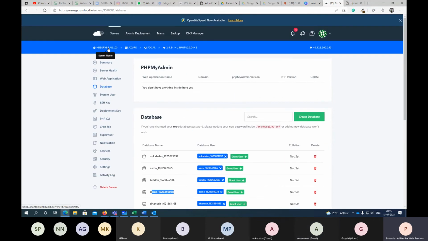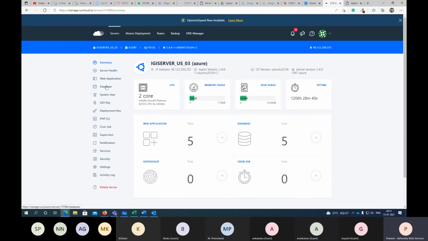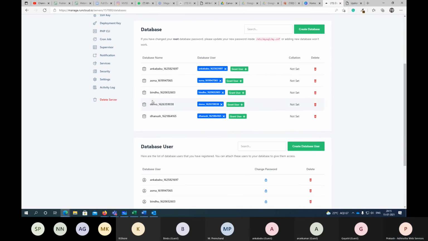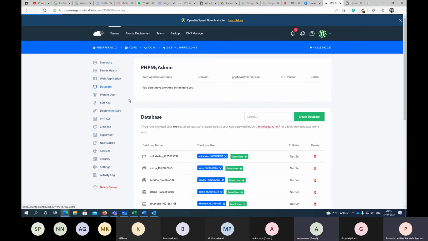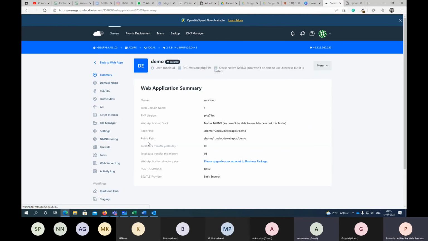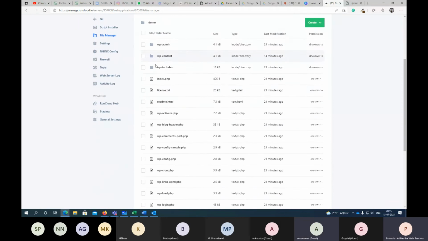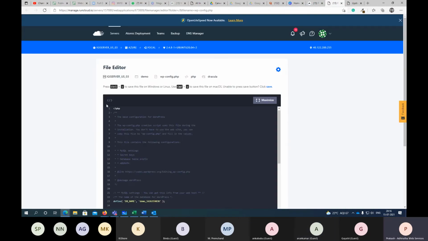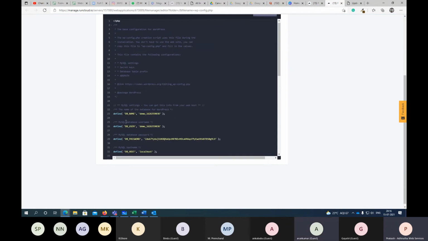Again, if I go back to our folder, I'll take you through the folder. This is the file structure. In this file structure, somewhere it is mapped with the database. There is an interface between the database and your WordPress configuration. It is called wp-config. If you go here, you can see the database name.